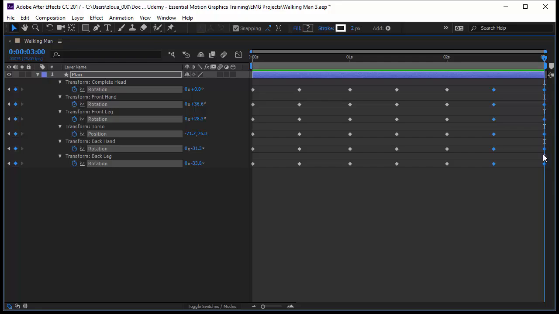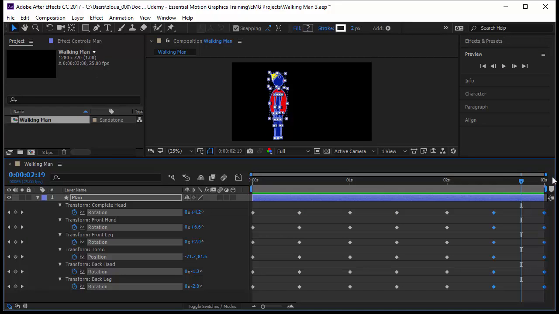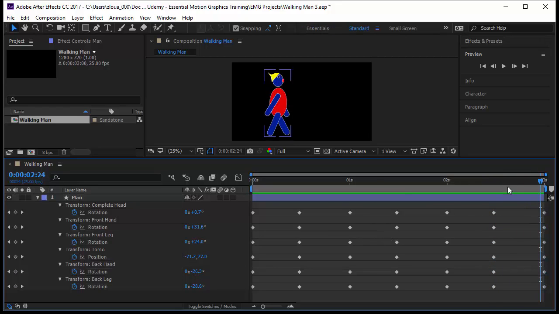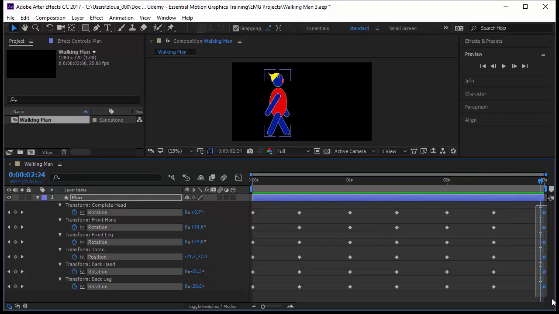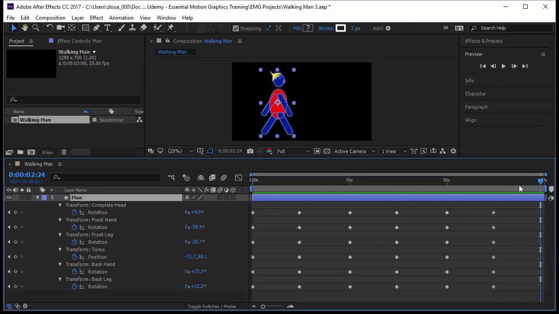So now, why do we need these last keyframes? Notice very well that if I don't put any keyframe here, there will be no movement at all here. Let's see it. We press tilde to go back, and you notice I need a keyframe so there is a movement at the end. Of course, I have selected everything. I deselect. Now, if I remove these keyframes just to show you, I will delete them, then there will be no movement